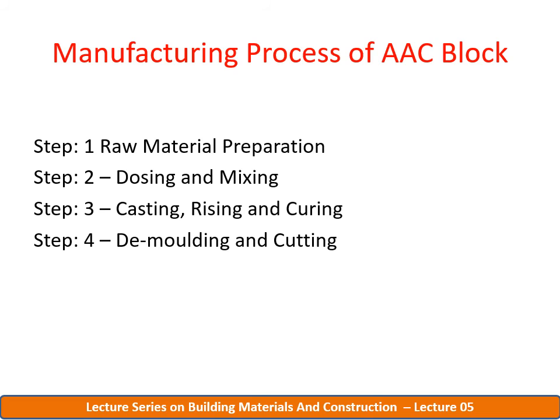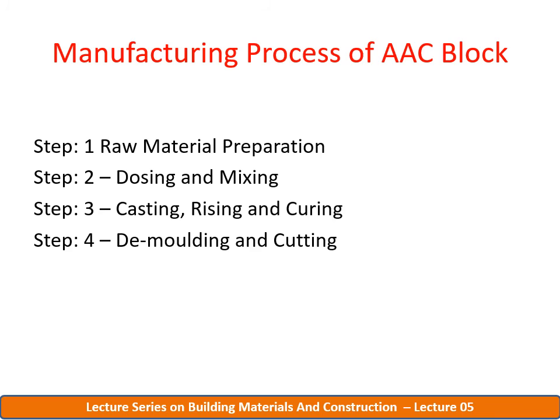Demolding and cutting. Once a block has achieved cutting strength, it is ready to demold and cut as per the requirement. Autoclave aerated blocks are manufactured in long length strip during casting, and then it is cut to the required size and shape. Size and shape on the market demand will be done. Block cutting technologies also differ from machine unit provider also.